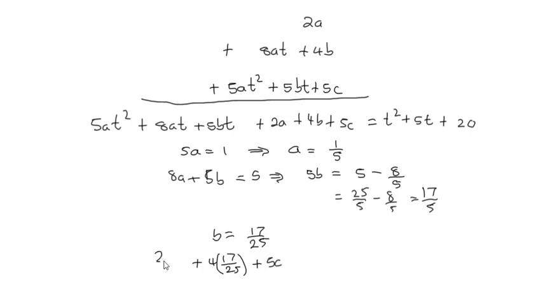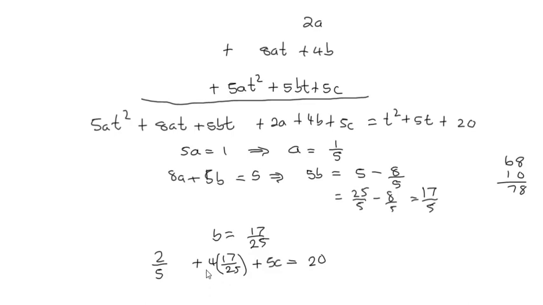We get here 2 over 5, and then this is our independent term, which equals 20, which we have there. So simplifying this, we have to multiply 4 times 17, which gives us 28 carry 2, and that is 68. That will give us 68 over 25, and this side will give us 10 over 25, and adding there we get